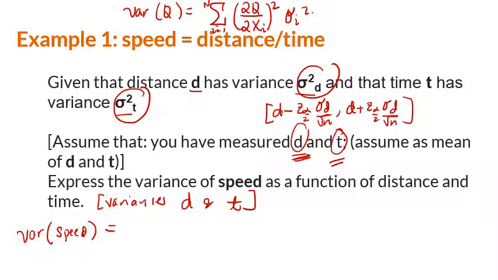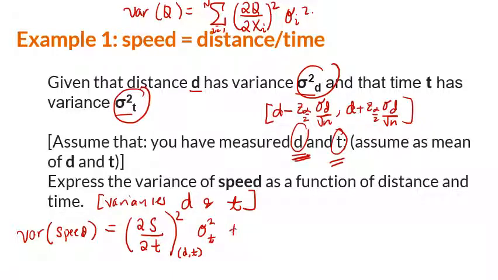So this is equivalent to the partial of speed with respect to time, squared, evaluated at your mean. So given our mean, mu sub d evaluated at d and t, right? This is our measured mean, our expected measurement, d and t, times sigma squared t